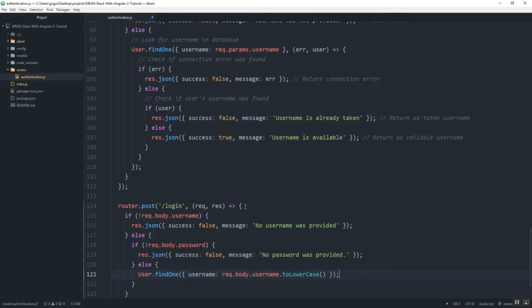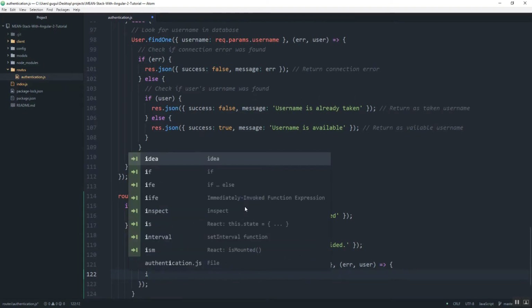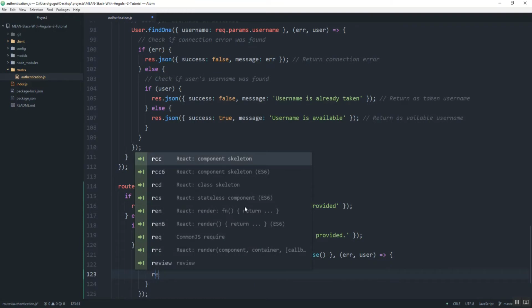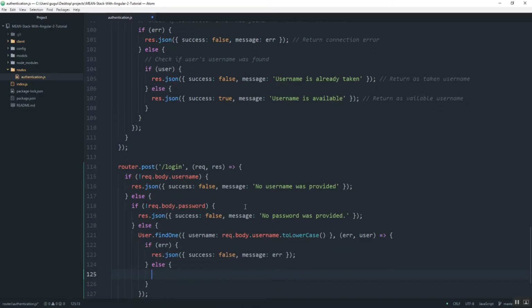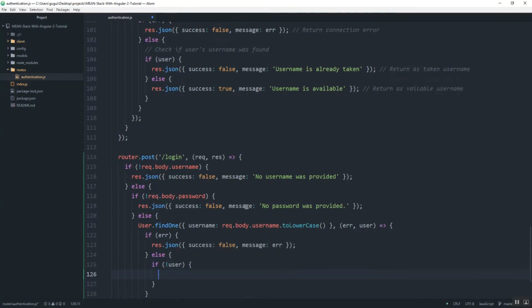This is going to be done already in the front end, but I also like to just make sure that I'm doing that on the back end. And I'll either get an error or a user. So if I do get that error, then I just want to respond with that error in the form of a message. And if I don't find a user, then that typically means the username was not found. So I'll say